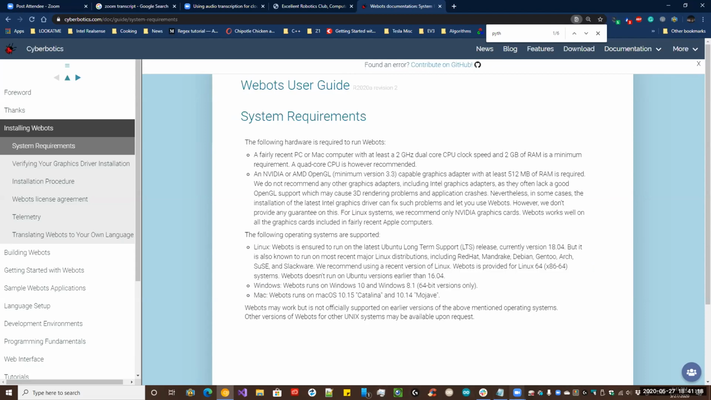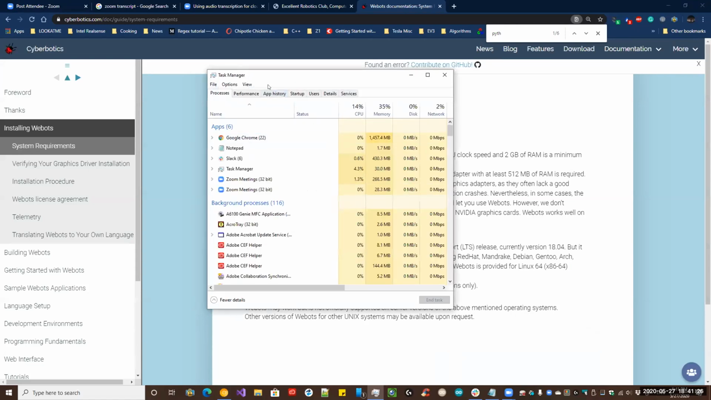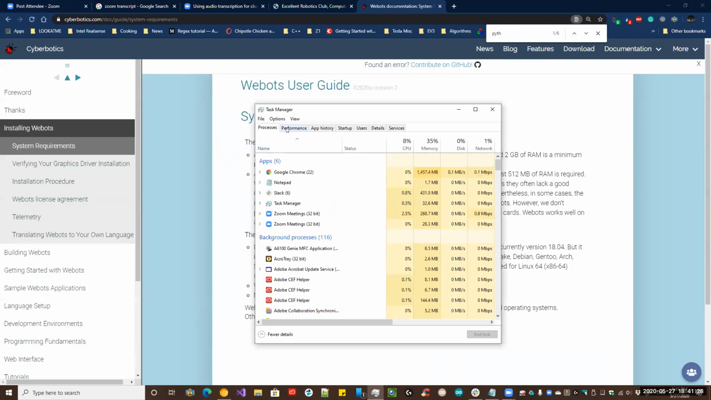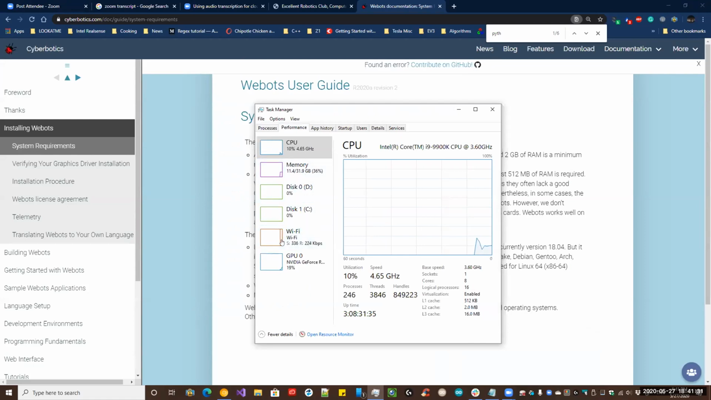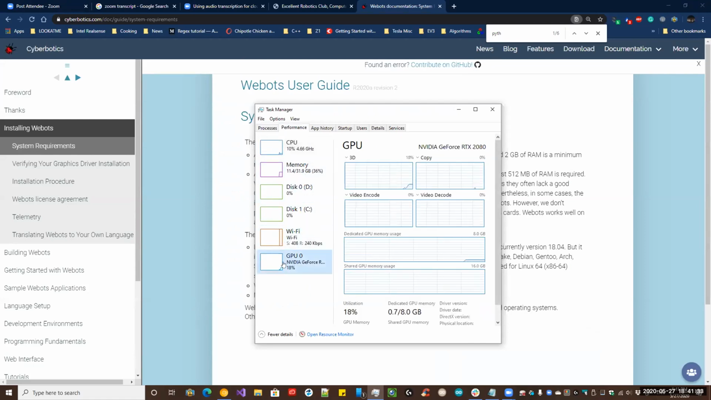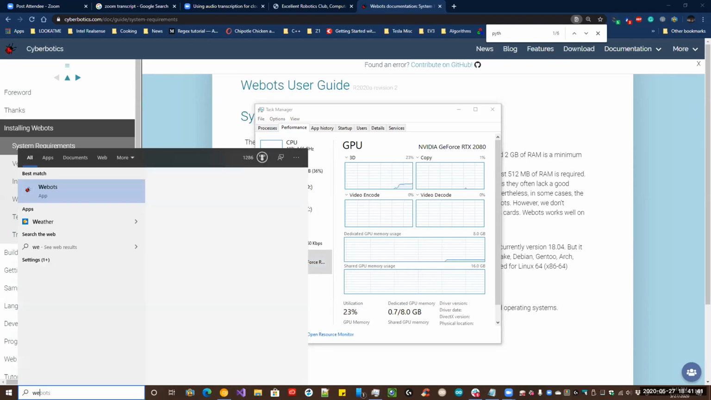So one thing you could do when you try running it is, hold on one second. Can you see my Task Manager? Yep. Okay, great. You can come in and take a look at it, but you can also see what the GPU is running, and see how bad or how good it actually hits. So if I try to run Webots now,